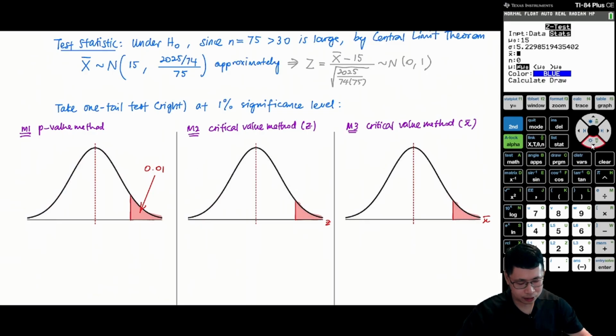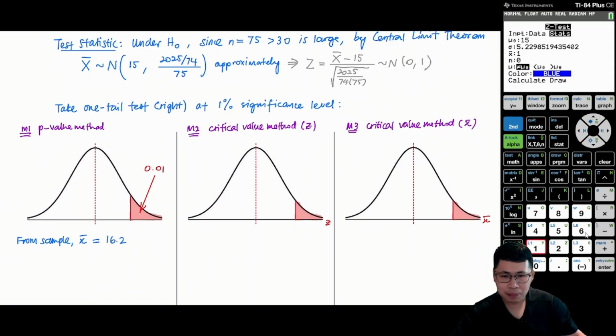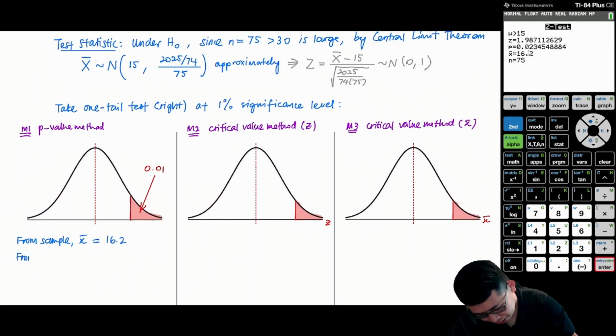X bar, oh yes, from our sample we need to calculate our x bar. So from the sample, our x bar calculated above is actually 16.2. So I'm going to put in my 16.2 over here. n is actually 75. This is a more than test, so I'm going to put that in and calculate. Here we can see that the p-value is 0.02, from GC,